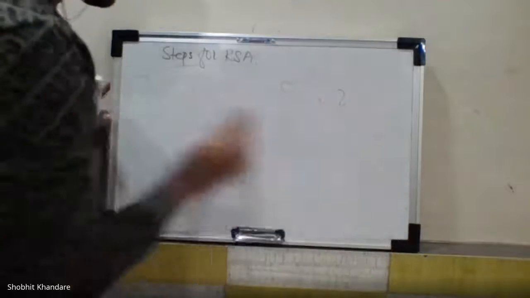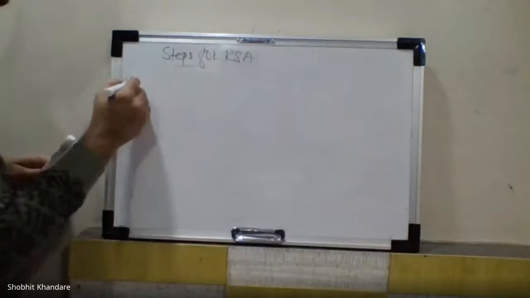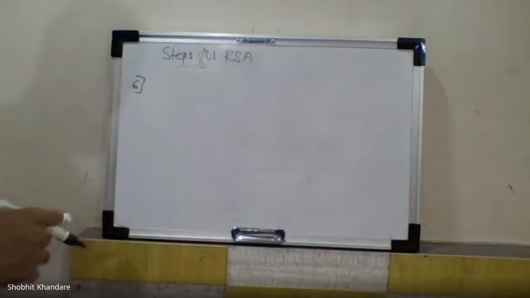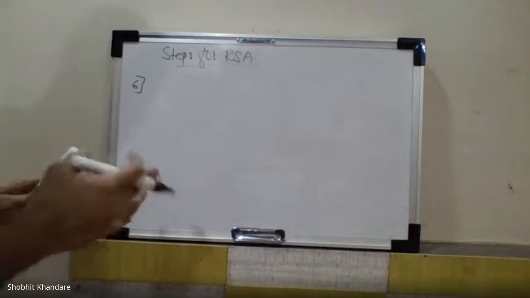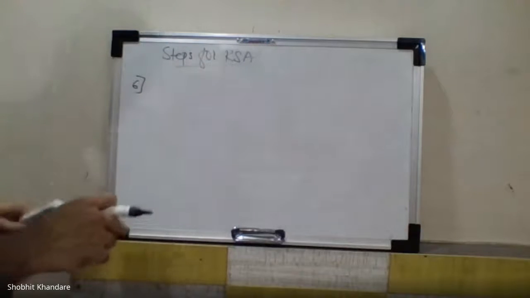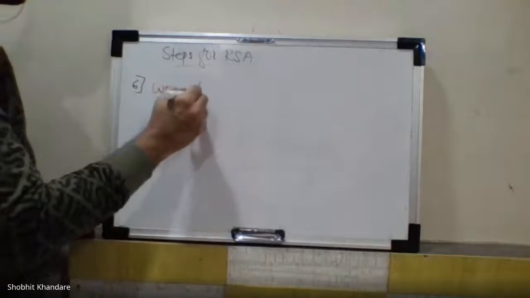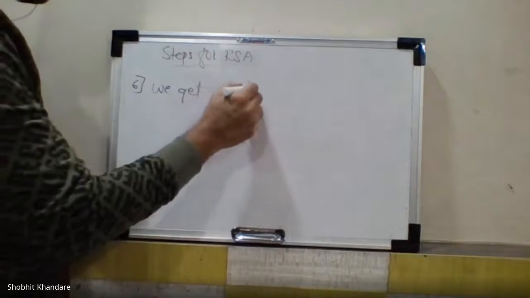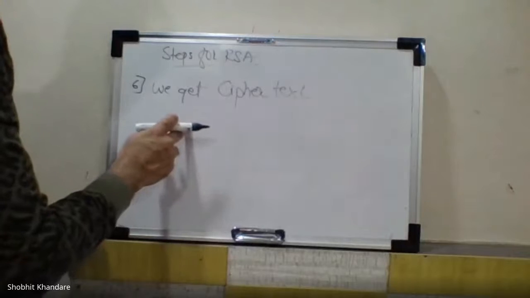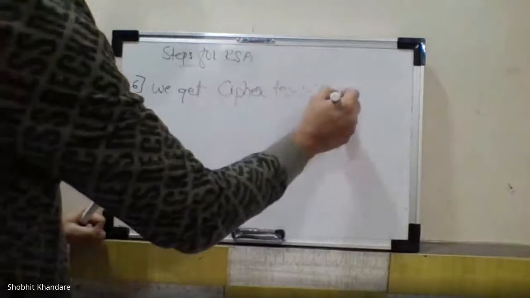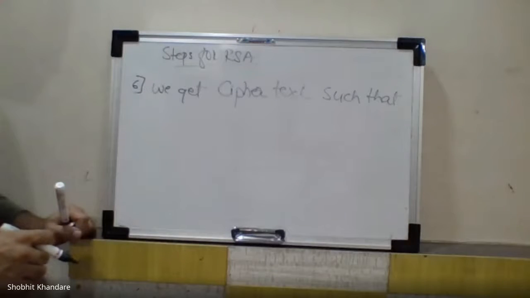Now the sixth point. Once we get e and d, now we have to get the ciphertext. So write down, we get the ciphertext such that,